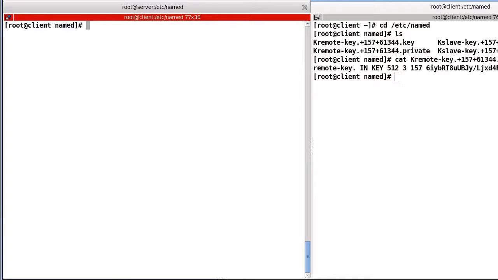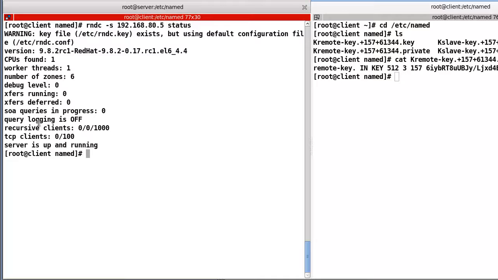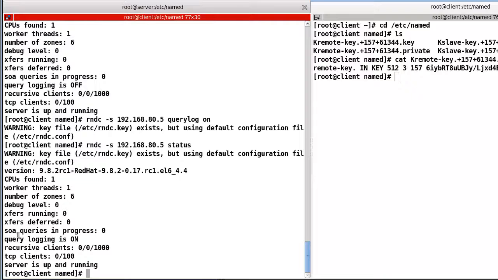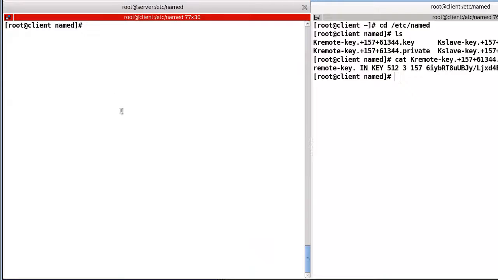Or now RNDC as the server .85, and after that query. Okay, first let's check here. Now query logging is off. In this case, now query log on, and after that let's check status. Now query logging is on. Okay, now let's check